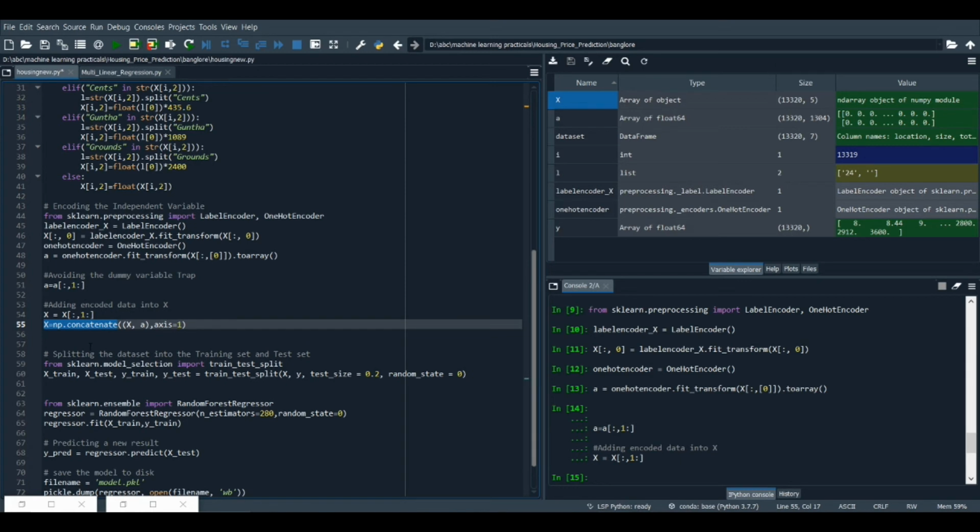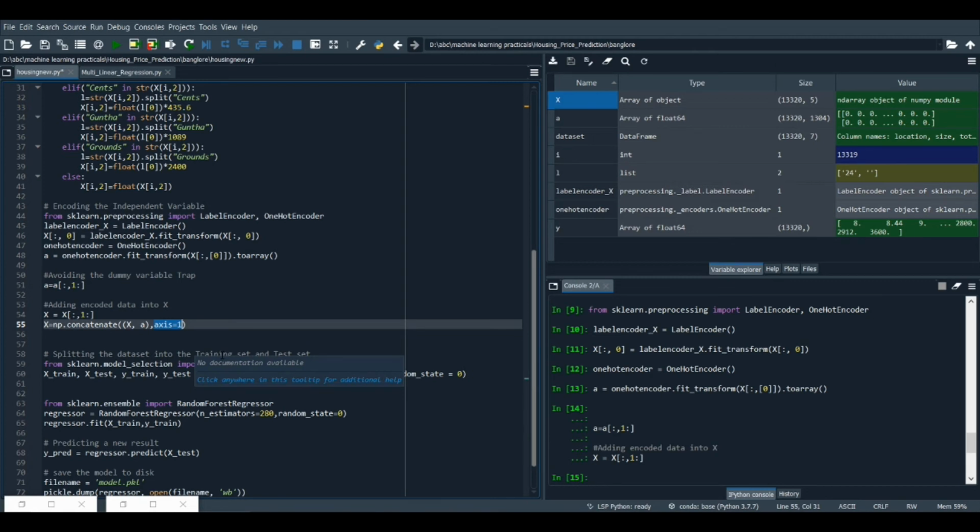Concatenate is a function of numpy which is going to concatenate two or more arrays, and in the function we are going to pass a tuple of all the arrays that we need to concatenate, that is our independent variable X and our temporary variable a, and then we are going to set axis equal to 1, so that it's going to concatenate column wise instead of row wise.